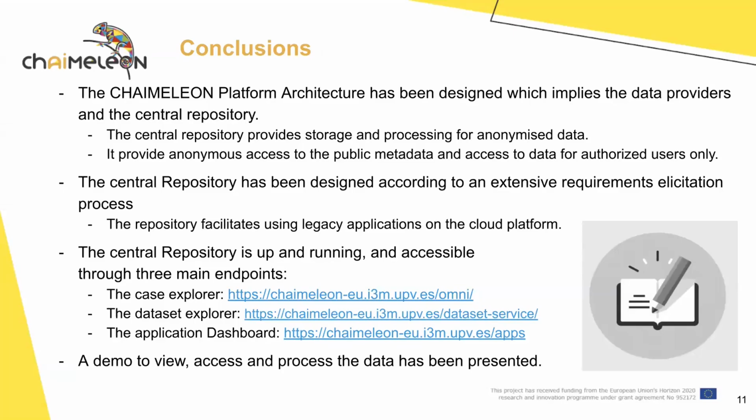As conclusion, the CHAIMELEON platform architecture is available and involves data providers and a central repository. The central repository provides storage and processing for anonymized data and provides anonymous access for the public data, metadata that can be seen by users who are discovering the data available in the platform. So the central repository has been designed according to the extensive requirements elicitation process and is up and running, accessible